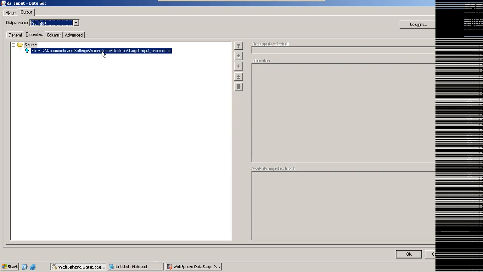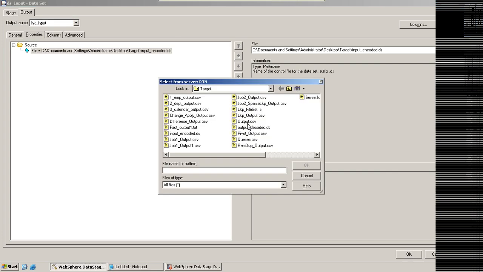What is the problem there? I actually tried reading already encoded data. Instead of the original data set, I read the encoded data set. That is why it compressed and uncompressed, and it showed me the proper result, but it is encoded data. The reason being the source is encoded data. Okay. Now again,